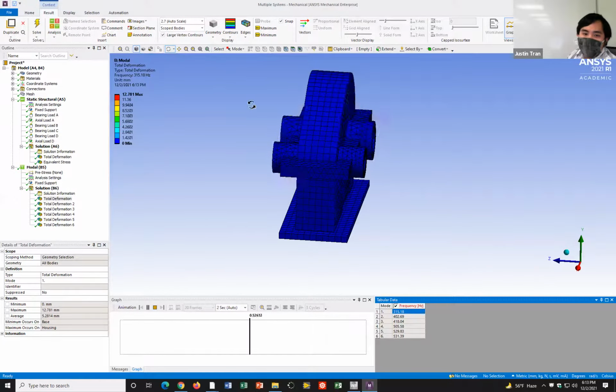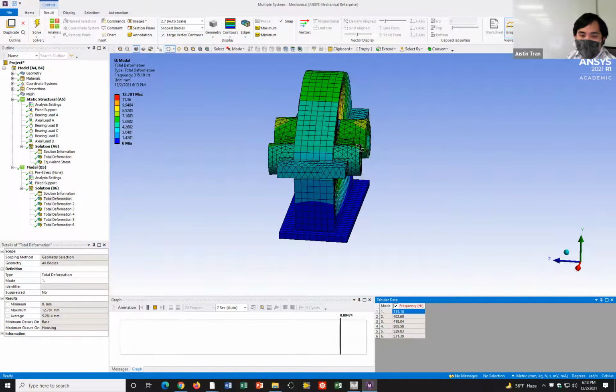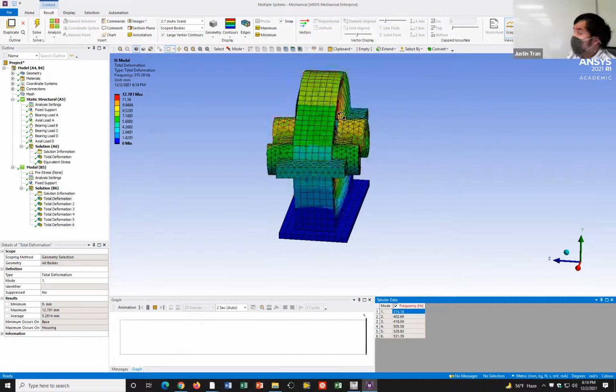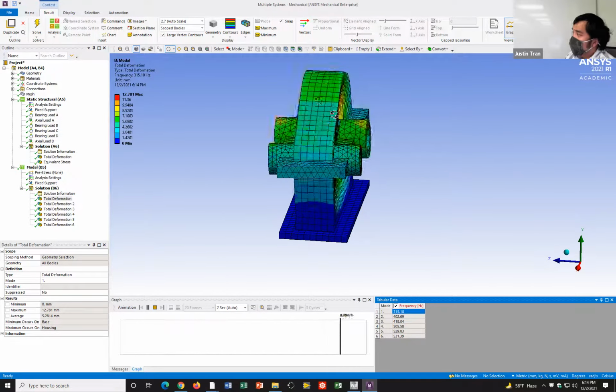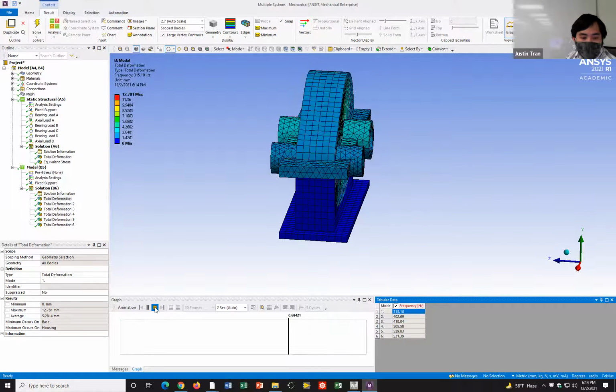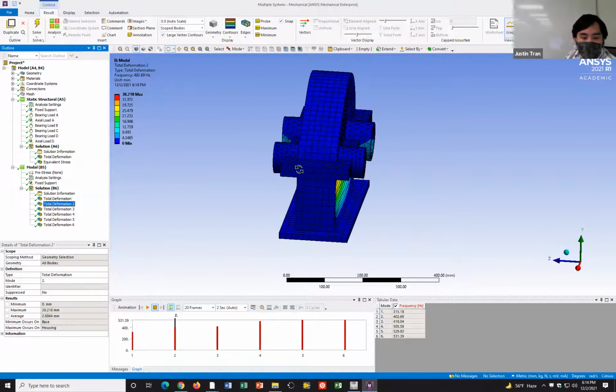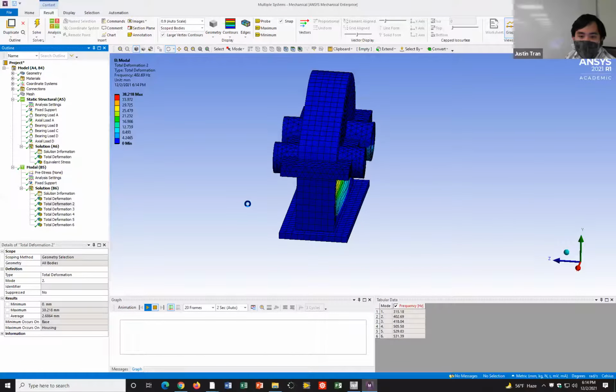It's going to sway back and forth with this part here bulging out. Obviously this is not good, and you want to make sure that you avoid cases like this. Then you can view the resonance for each of the different modes as well. If you end up at 402 hertz, then the resonance will look something like this.